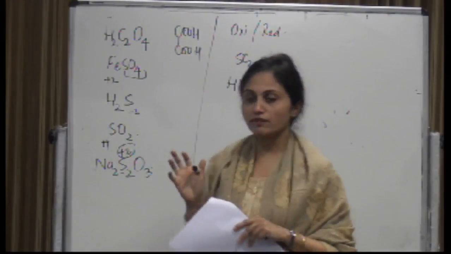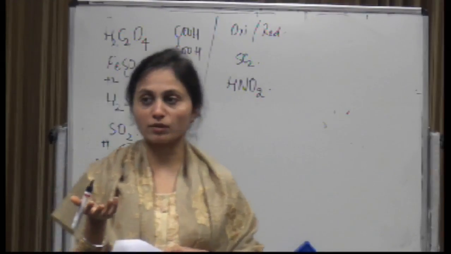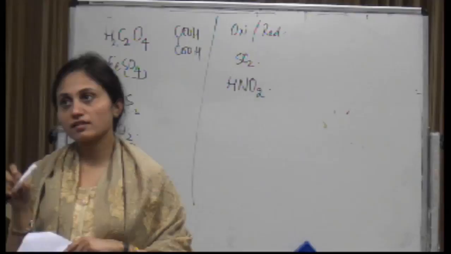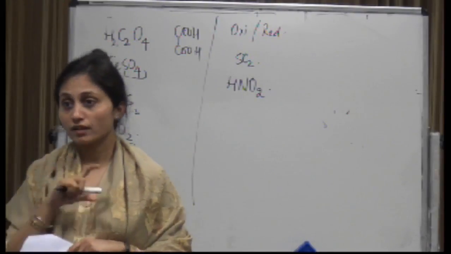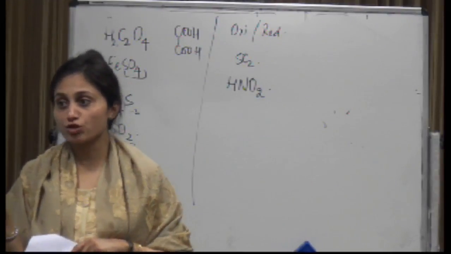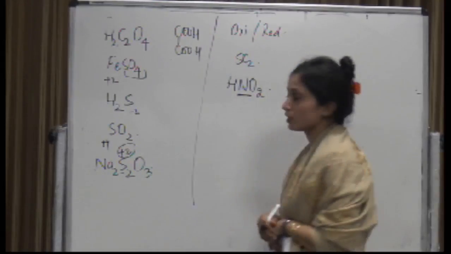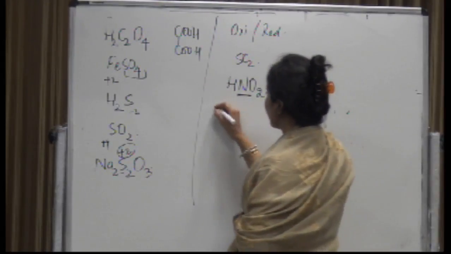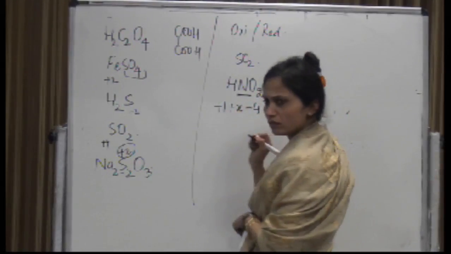Nitrogen, I think we've done it when we were talking about p block chemistry. Nitrogen exists in -3, -2, -1, 0, 1, 2, 3, 4, 5. These are the different oxidation states which are possible for nitrogen. So in that case, if HNO2 is there, find out the oxidation state of nitrogen here. It will be +1 plus x minus 4 minus,